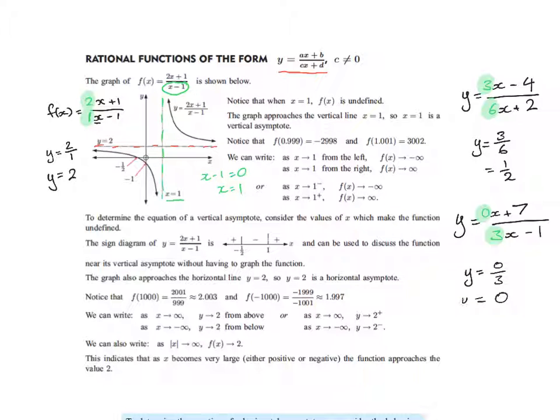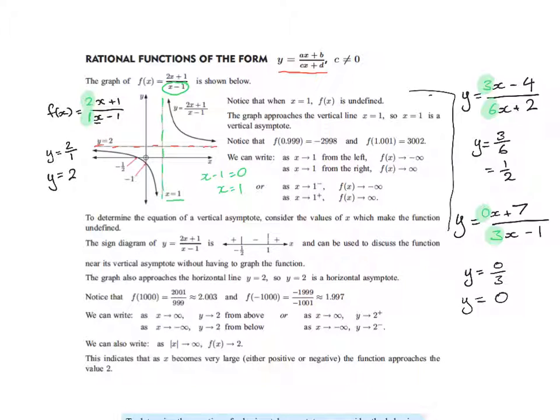y equals 0. So that's kind of a cheat way to work out the horizontal asymptote whenever you have a rational function, or a function in a fraction. That's what I mean by that. Okay, so that's an easy way to explain